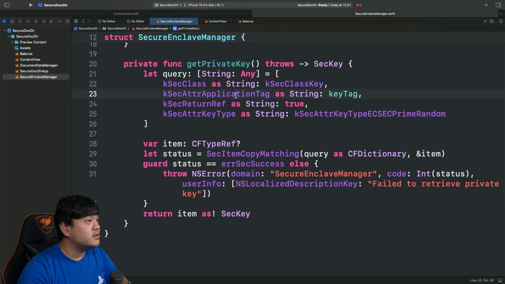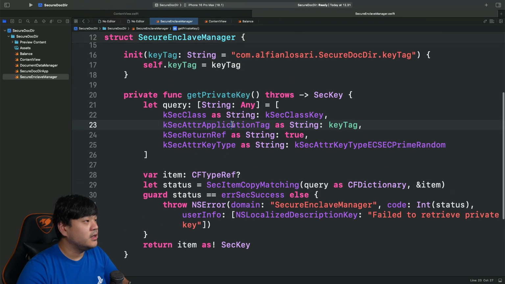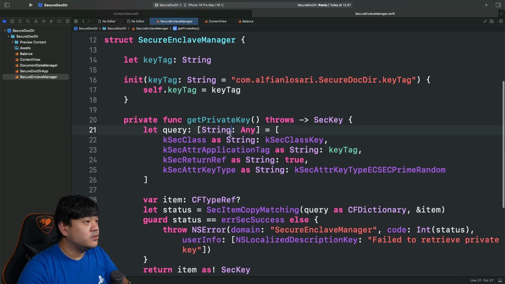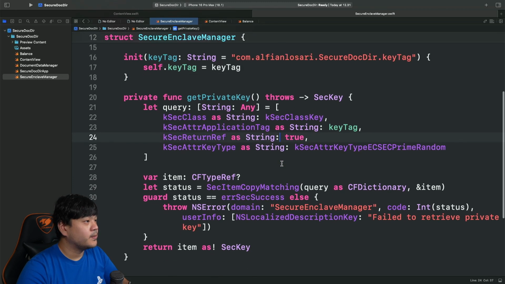Basically, first we create a dictionary query containing all the attributes that we want. The kSecClass will be this kSecClassKey constant, and the attribute application tag will be our key tag that we pass in here. And return ref is true.